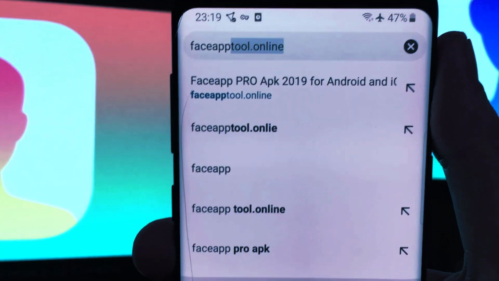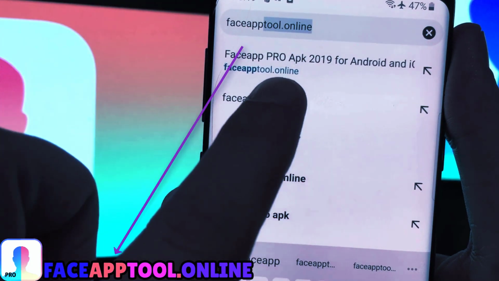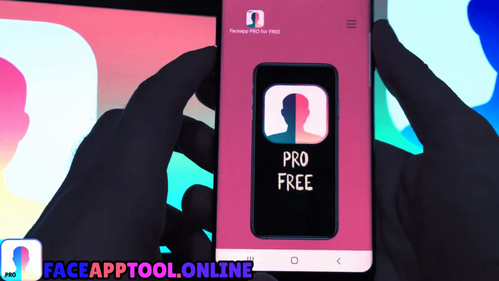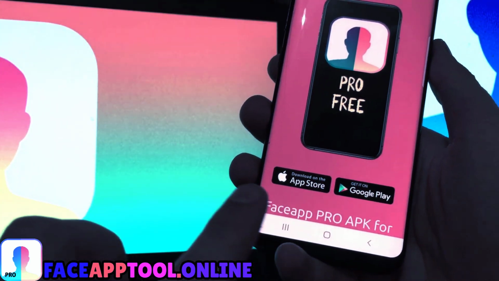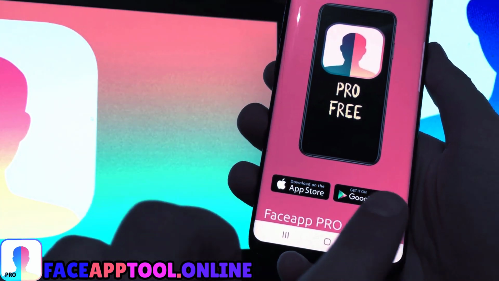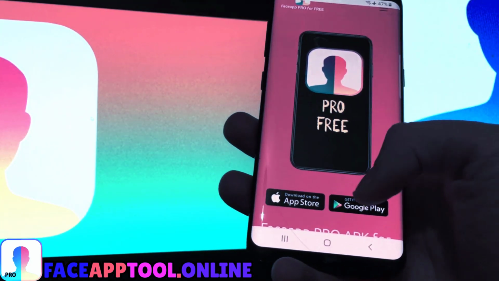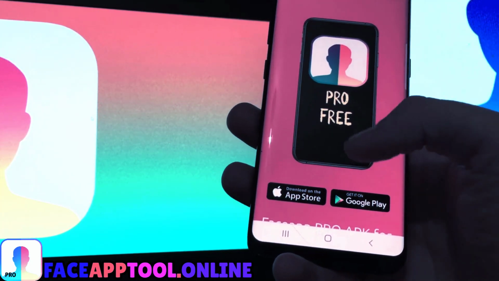So first, grab your phone, open your browser and go to this website, faceapptool.online. This is where you guys will find the Pro version. So as you can see here, you can download it on both iOS and Android. So if you have an iPhone, just click on this button. So I have an Android, I already have downloaded the app, so I'll just show you guys how you can